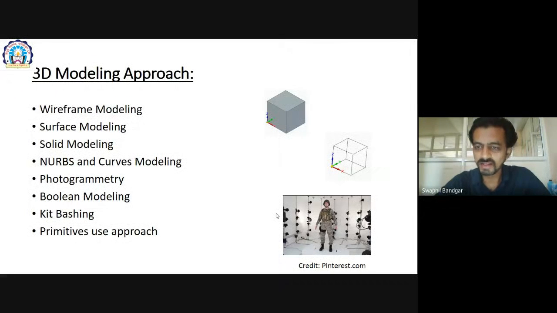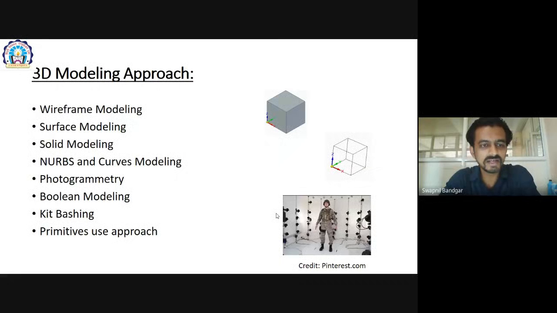This model is replicated in the software directly, so there is no need to generate that model in the software. A main application area of this is gaming tools, like mission games. In mission games, the features and the models are made by photogrammetry.